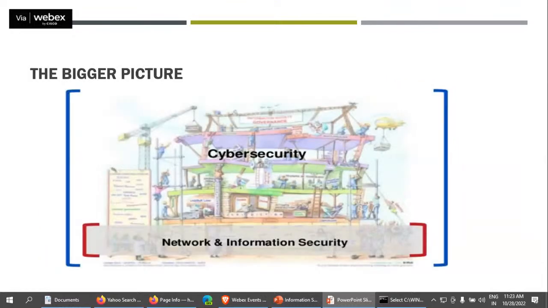This is the bigger picture of cybersecurity, network and information security. Everyone is working with information. Data is shared, but while sharing our data, we don't know whether our data is secure or not. While we're posting our pictures on the internet or anything else, you must be sure who is watching you, who is your friend, and how you are sharing the data. First, check profiles and all the things, then share your data.